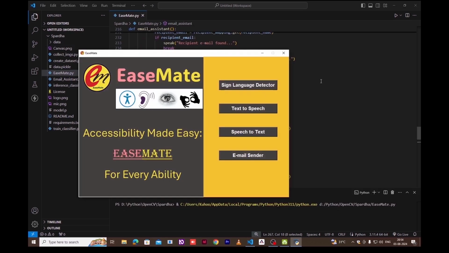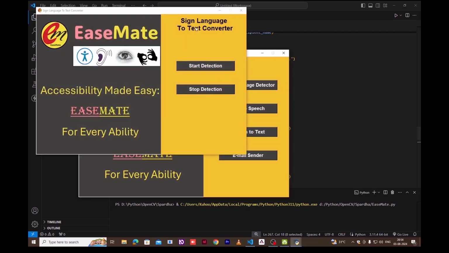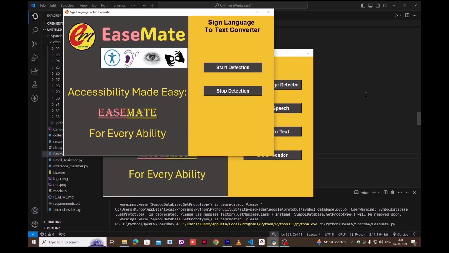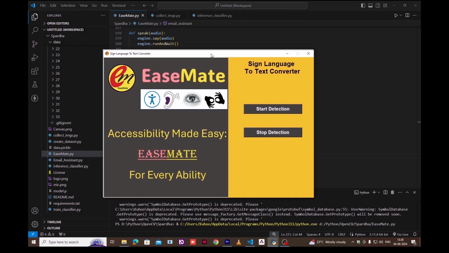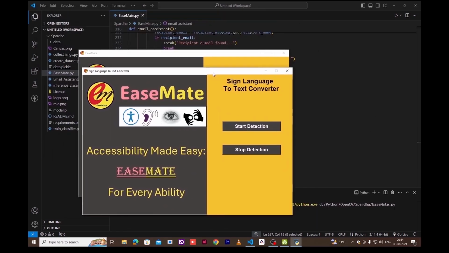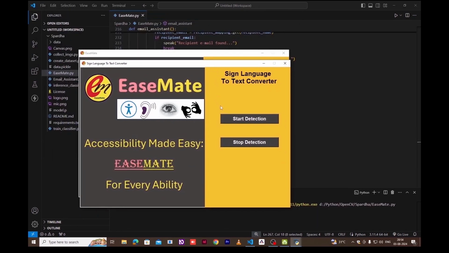So now, let us see our first function, that is Sign language detector. Sign language to text converter. Start detection. Stop detection. EaseMate. So as you can hear, to help blind people, here also EaseMate speaks up all the text presented on the screen. So as you can see, we have two buttons right here. If we click on start detection,